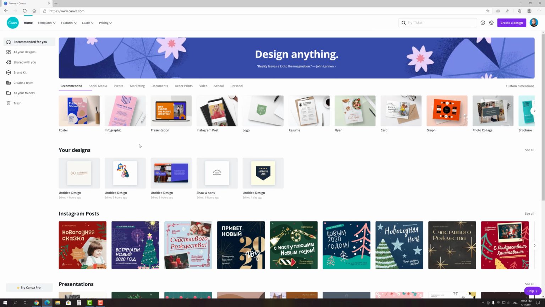So this is a Canva homepage. First of all, I want to mention that Canva is not just a logo maker. Actually, it's a powerful graphic design platform that allows you to easily create social media graphics, business cards, presentations, posters and other visual content. But since it's a logo making tutorial, let's go to the marketing tab and choose the